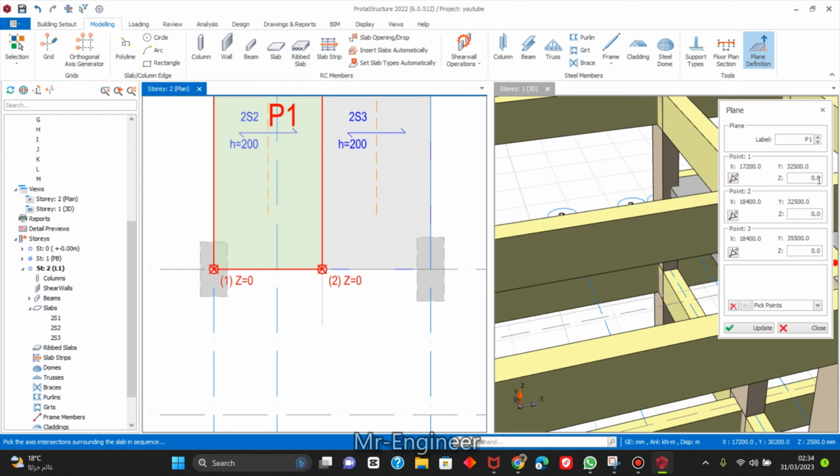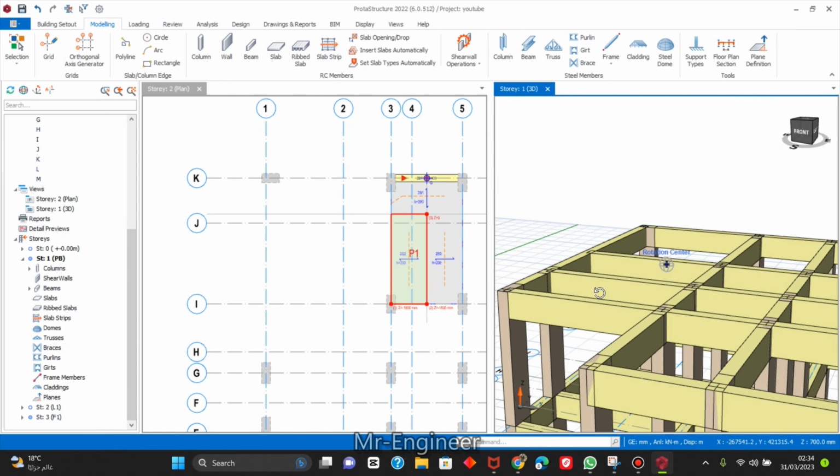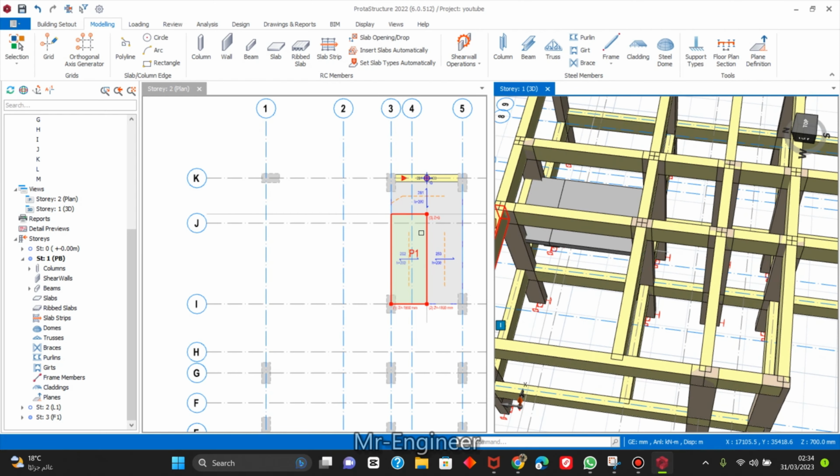So now 1 and 2, I have to move it down. So this one is point 1. Minus 1800. That's 1800. Okay. See here. Okay. So now